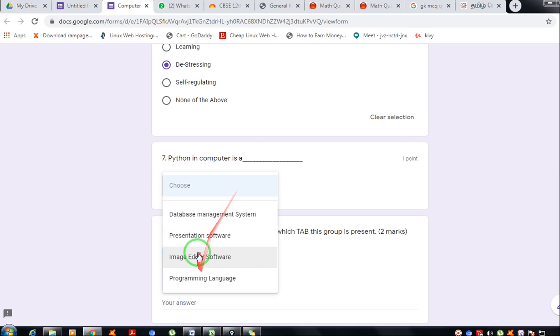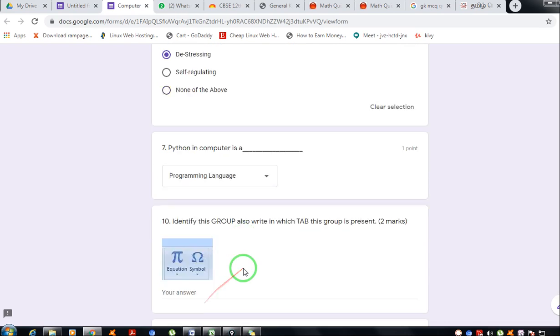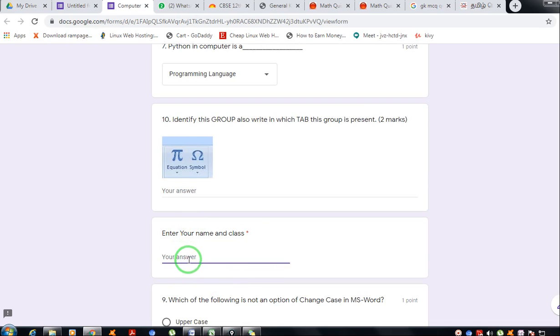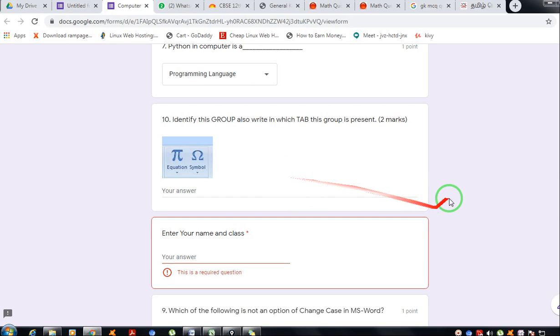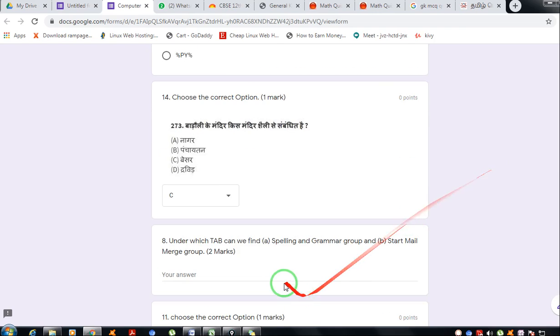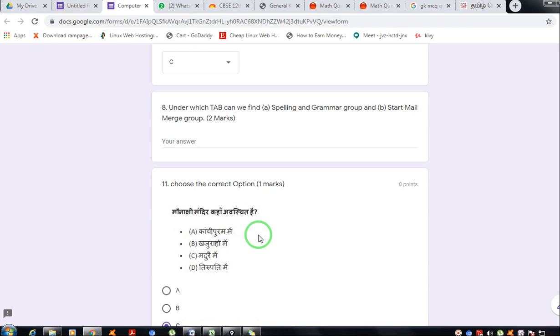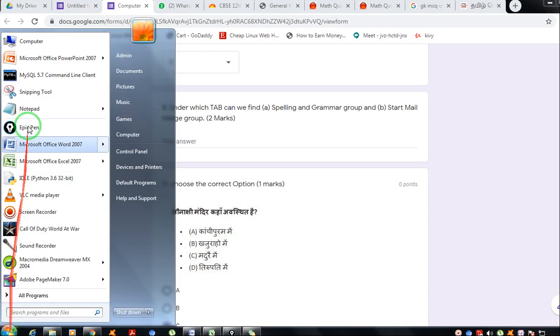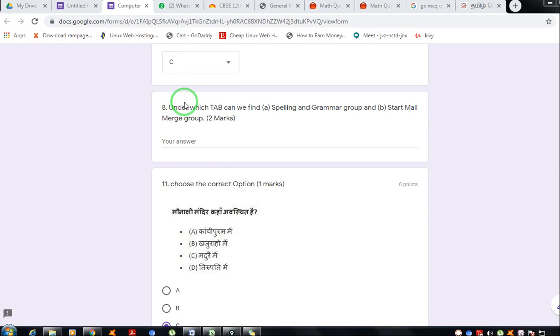Multiple choice question, programming language. So this is how they are going to give answers. The students are going to give answers, and the teacher is going to prepare the question paper, especially in Hindi and maths. So you can insert the question as an image, and to insert a question as an image, you can use the snipping tool. So just take the snipping tool and cut the question.